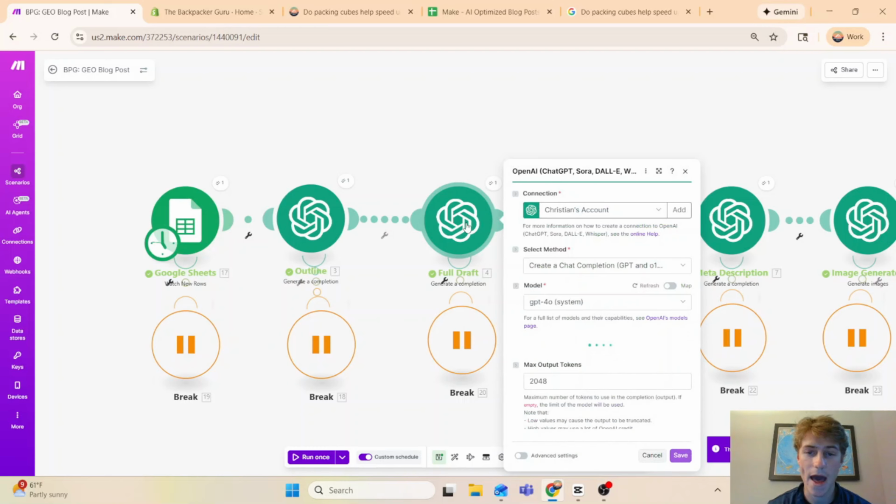understand it. And then I have the full draft where it's taking the outline and generating a draft, nothing too crazy in there. It's generating HTML, and this is when I tell it to embed my